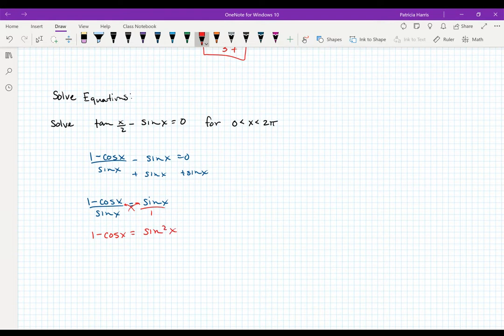Okay, so life is generally easier if you get your equation in terms of one trig ratio. I'm going to choose cosine. Here's why. If you recall, there's a Pythagorean identity that states cosine squared plus sine squared is equal to 1. If I rearrange that a bit, I get sine squared x is equal to 1 minus cosine squared x. Pretty cool. All right, here we go. So substituting